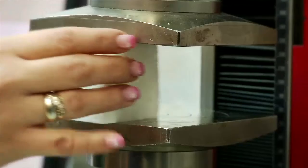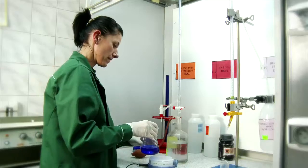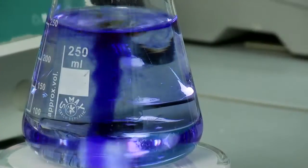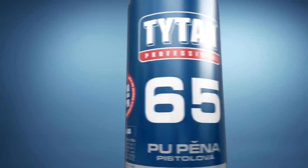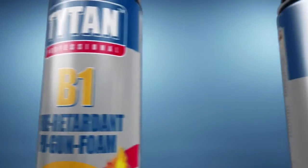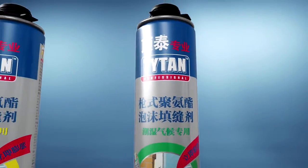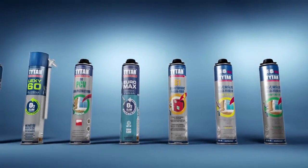The research and development works conducted by the Celina Group have also exerted considerable influence on the development of the world foam market. Celina Laboratories have produced, among other things, the first in the world mass-produced high-yield gun foam, Titan 65, the first in the world mass-produced high-yield straw foam, Titan Lexi, the first in the world foam for PVC windows with very high adhesion, multi-position foams that enable application in different positions of the can,